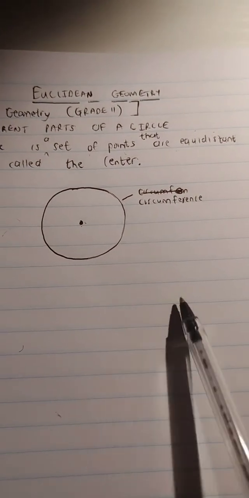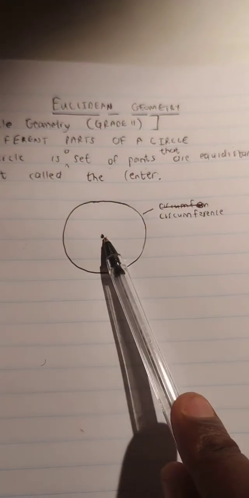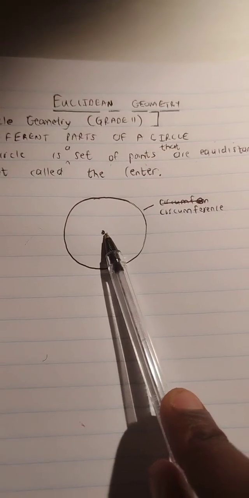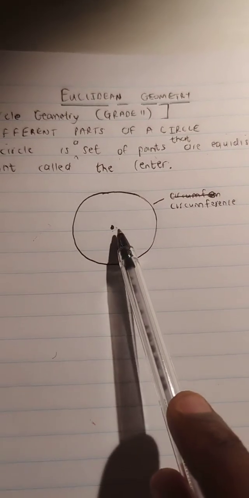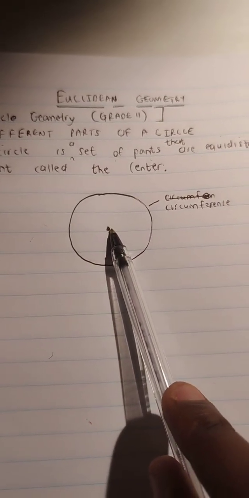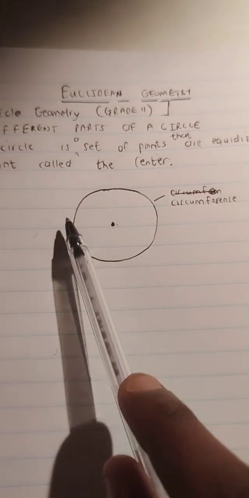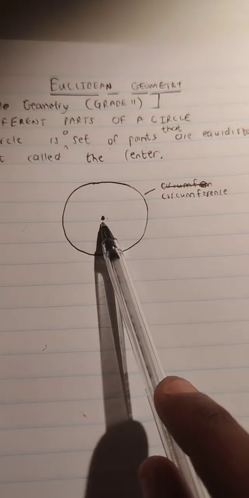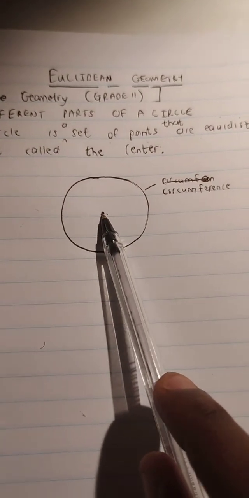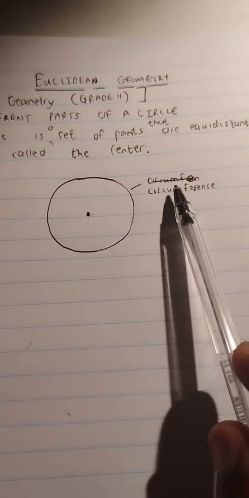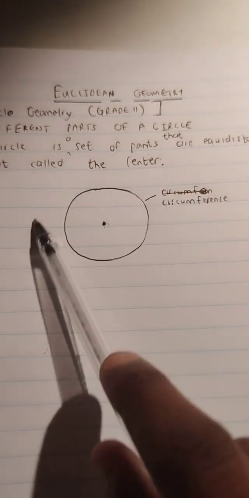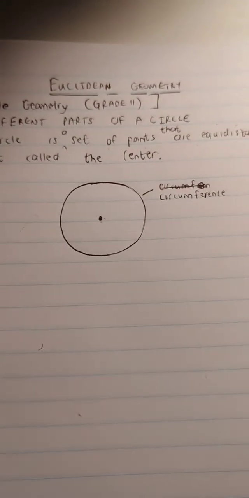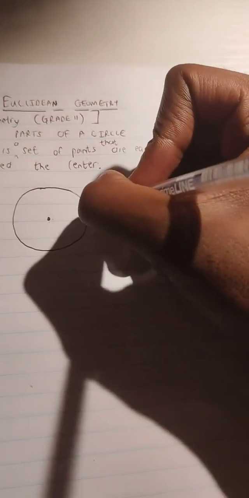The center is that fixed point by which we have a set of points that are equidistant from it. Then the circumference of the circle is what we call the distance